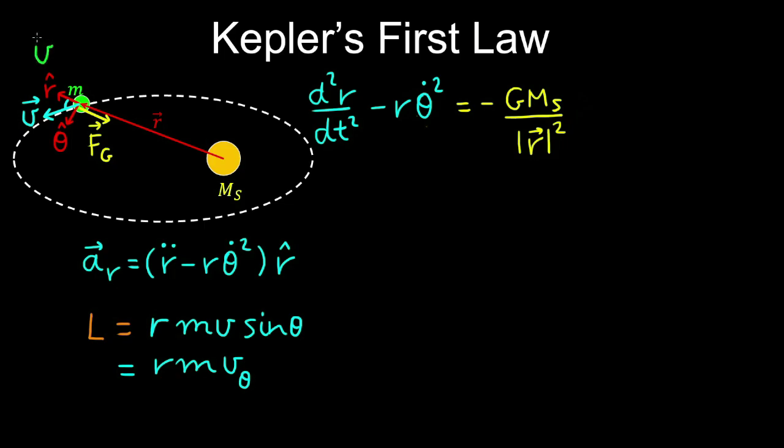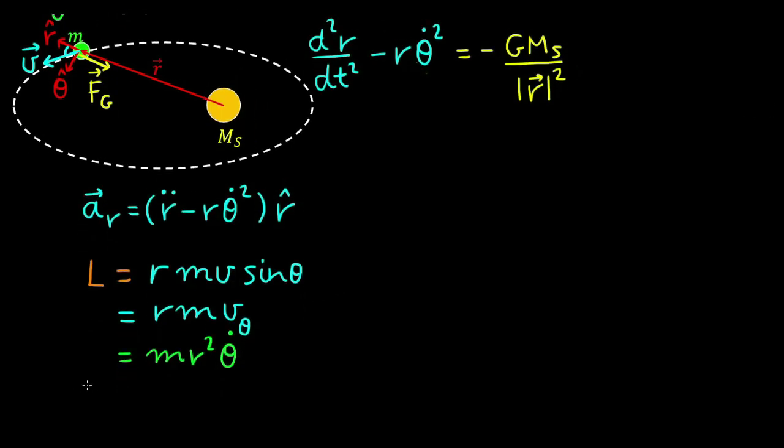And recall the component of the velocity in the theta direction was r times the angular velocity. So the magnitude of angular momentum can be written as m times r squared times the angular velocity. And rearranging this gives the angular velocity in terms of the angular momentum. And one way we can solve this differential equation is by substitution. So we can set r equal to 1 on u, our dummy variable,